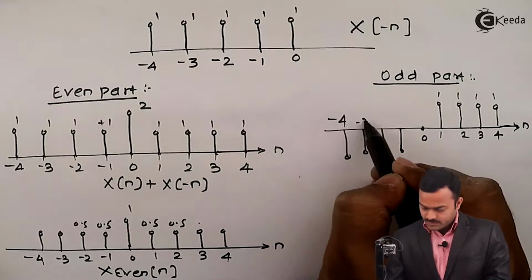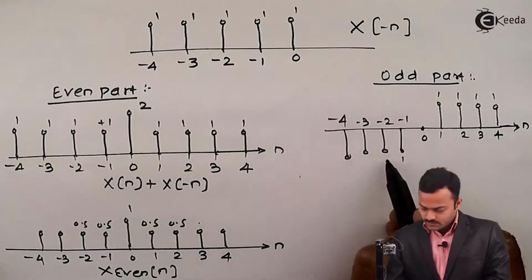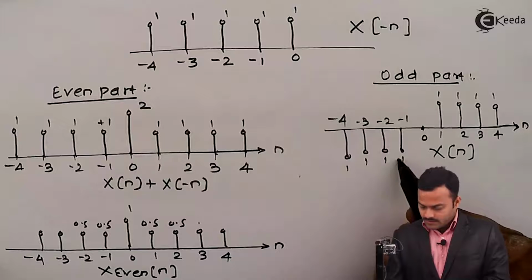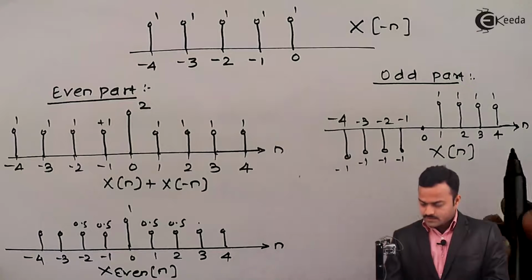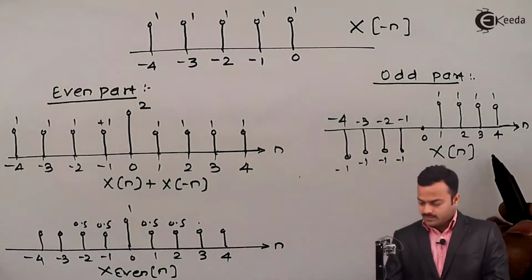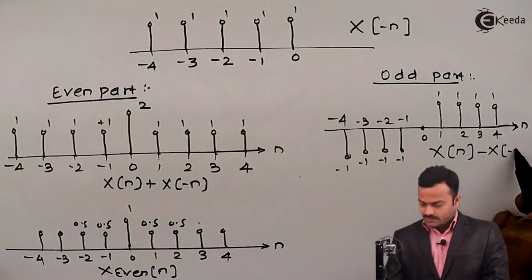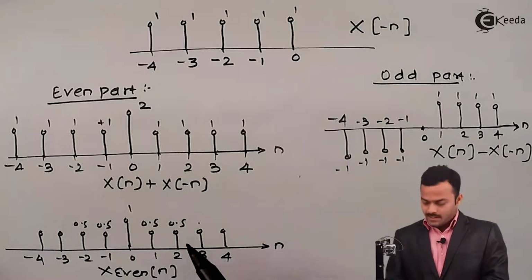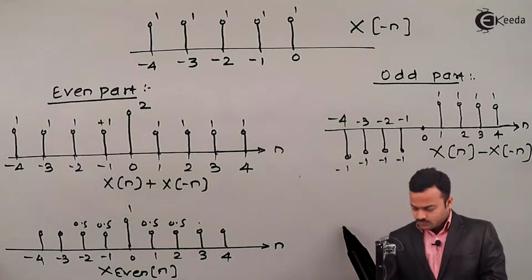From minus 4, minus 3, minus 2, minus 1, values will be minus 1, minus 1, minus 1, minus 1. So x of n minus x of minus n we obtain like this, and we need to divide this by 2